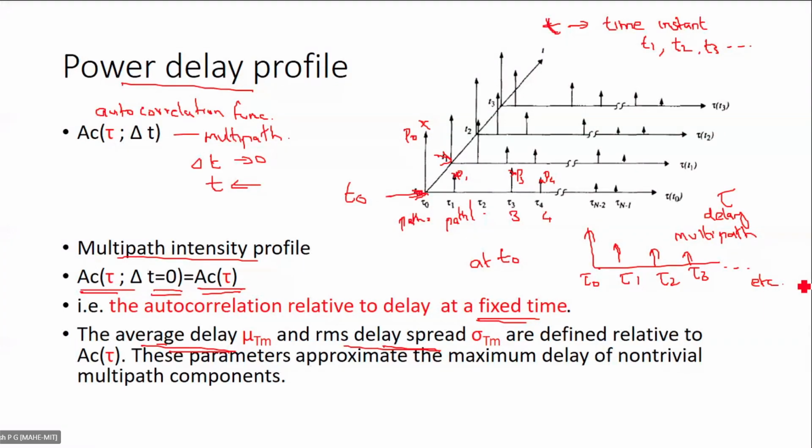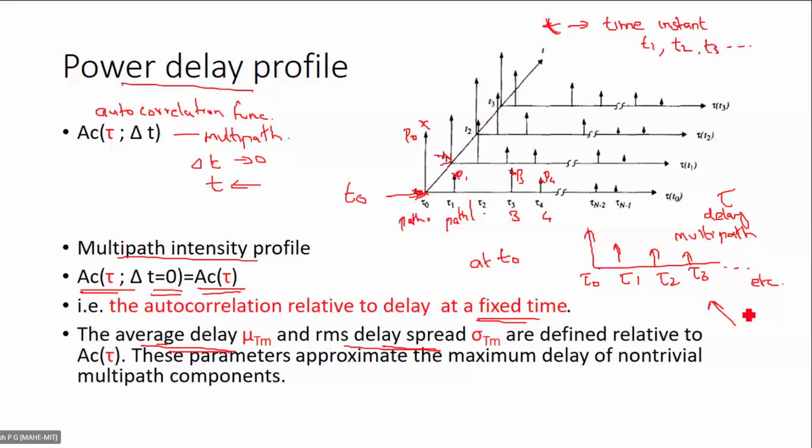Okay, we are not trying to analyze different time instances, that is T0, T1, T2, T3, T4, etc. We are trying to analyze the autocorrelation at a particular time, that is T0 or T1, T2, T3, etc. So we are sticking to a particular time and then we are trying to analyze the autocorrelation. And what are the parameters that we can analyze when we have such a diagram? When we have a diagram which is something like this,